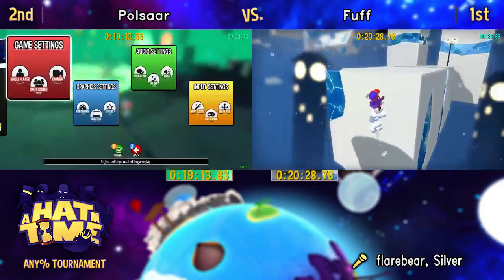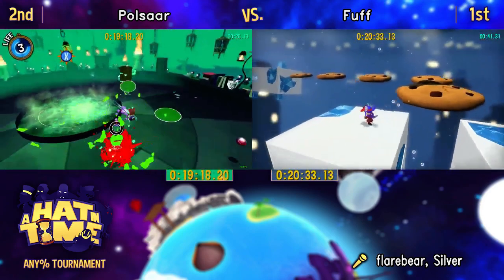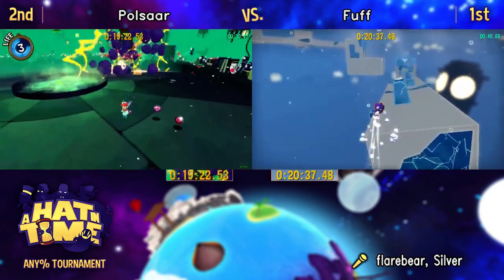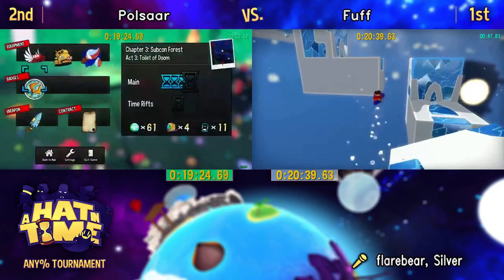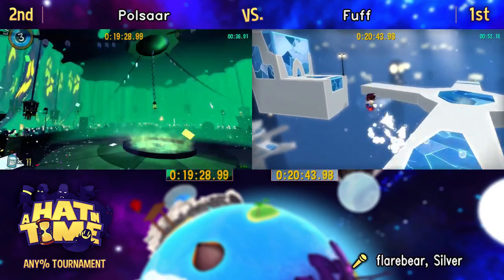But these are both runners that have been playing for a long time and have been very used to version 1.0, because for the longest time that was the only viable way of doing runs. So yeah, Polsaar's going for it now as well. We pick that